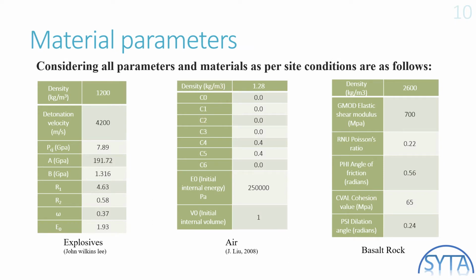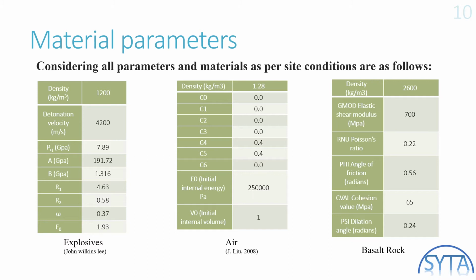The material parameters. Considering all the parameters and material as per the site condition are as follows. There are three main materials used in the LS-DYNA software. First is explosive, second is air, and third is basalt rock, which is encountered at the site. As per Jones-Wilkins-Lee, the explosive parameters: density of explosive for emulsion explosive is